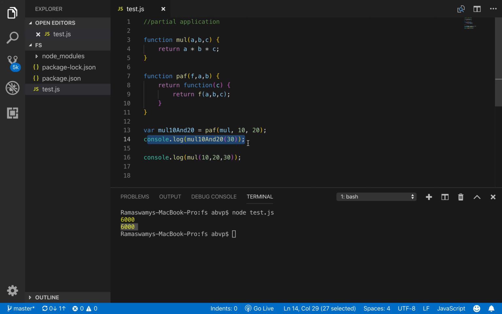So if you want such a kind of functionality wherein the execution of a function should be postponed till all the arguments are received, we can make use of partial applications.